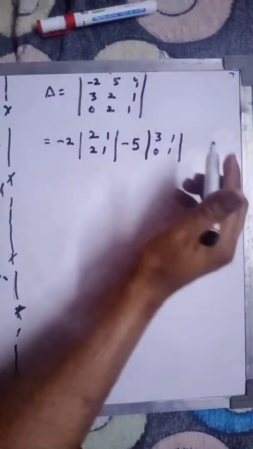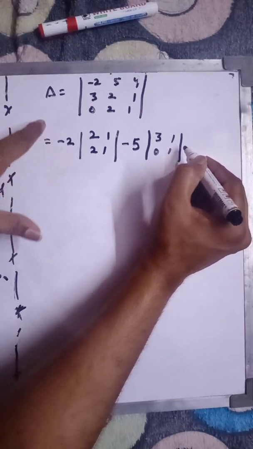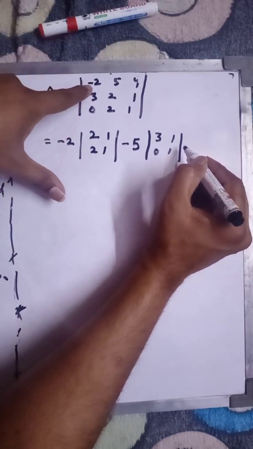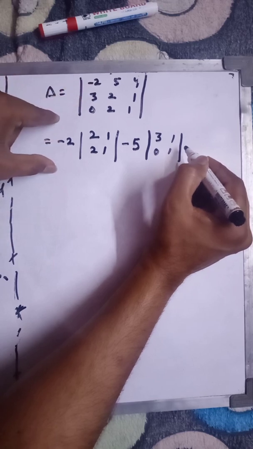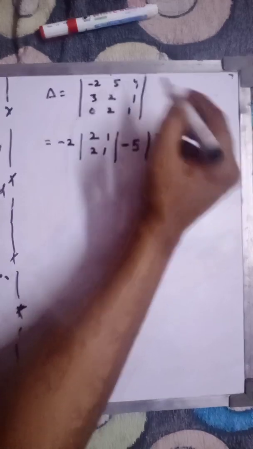Okay. After that, the next will be positive. The first element which you have to take, that is positive. This negative sign is just due to this element. Otherwise, it will be positive. Fine. Then for the second, you have to write negative, and then for this, you have to write positive.